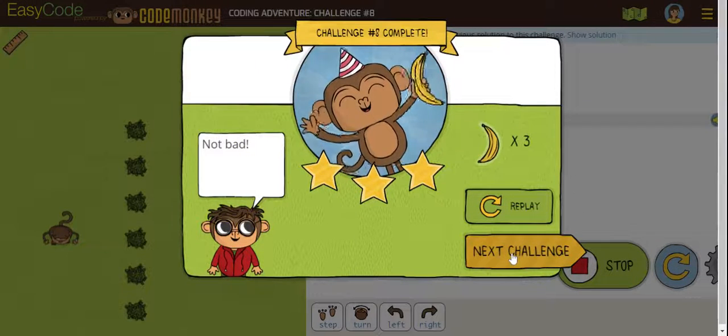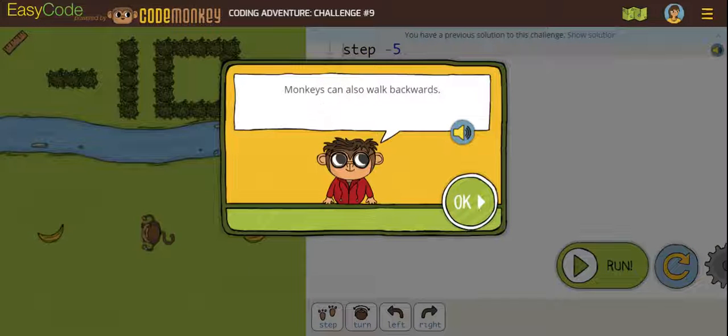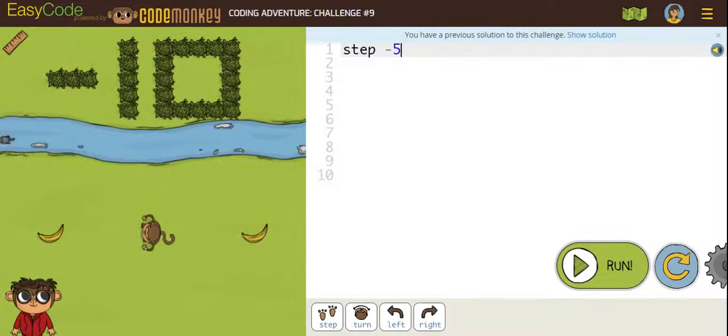So next challenge. In challenge 9, now we are going to learn to walk backwards. It states, or Gordo is telling us, monkeys can also walk backwards. So to walk backwards, we use a negative, and here it says -5. Remember, anytime it gives you an argument, you want to go ahead and measure that argument. You know, he's walking backwards because it has that negative, but instead of a -5, it should be a -10. Because when I measured with my ruler, if he's walking backwards from the monkey to the banana behind him is